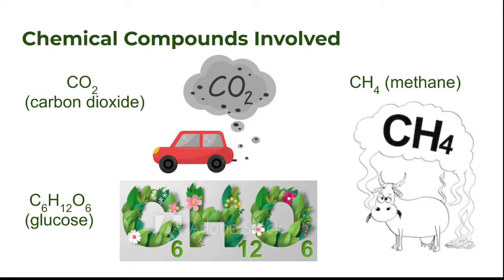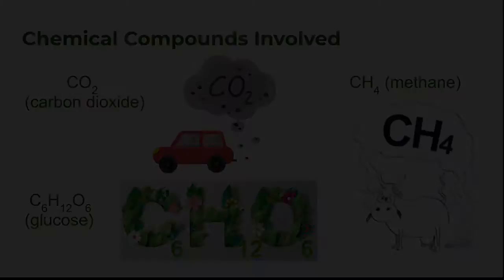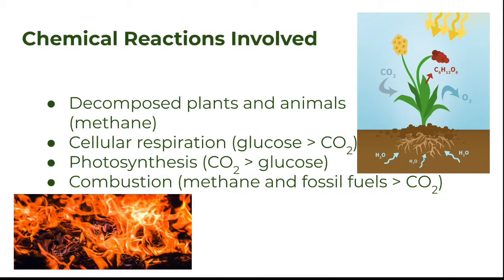The chemical compounds involved in the carbon cycle include CO2, which is carbon dioxide, CH4, which is methane, and C6H12O6, which is glucose. The reactions involved in the cycle include photosynthesis, which converts carbon dioxide into glucose, cellular respiration, which converts glucose into carbon dioxide, decomposition, which turns carbon-based organisms into methane, and combustion, which is burning fossil fuels that create